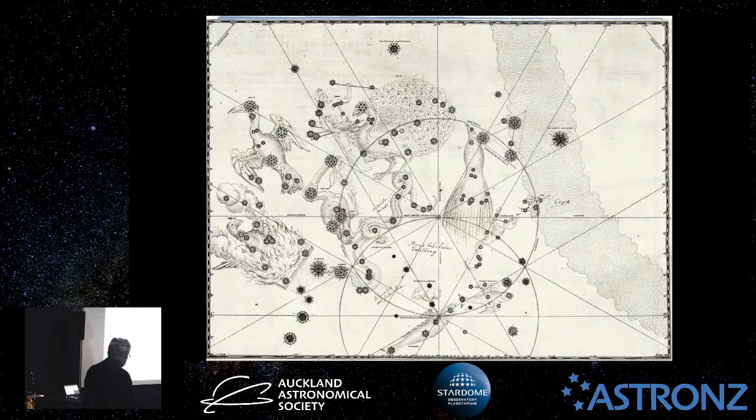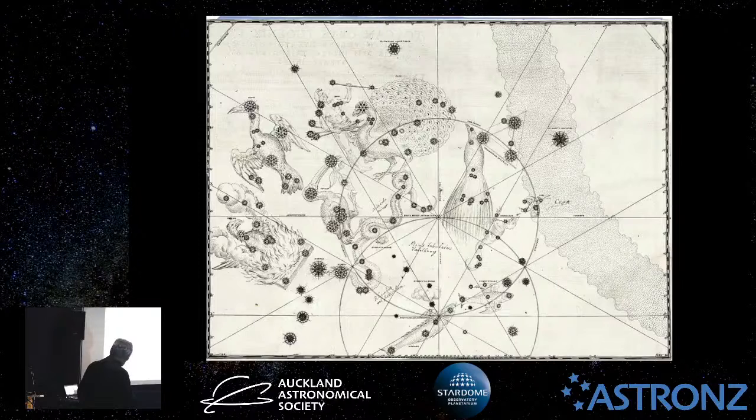He did his 48 northern constellations, but this one is interesting because by that time they'd heard reports from mainly Dutch navigators that had come to the southern hemisphere and reported that there's a whole lot of stars down there you can't see from the northern hemisphere. So he did this one plate to cover the southern hemisphere, and you can see you've got the Peacock, that one is Indus, and you've got Grus the Crane,